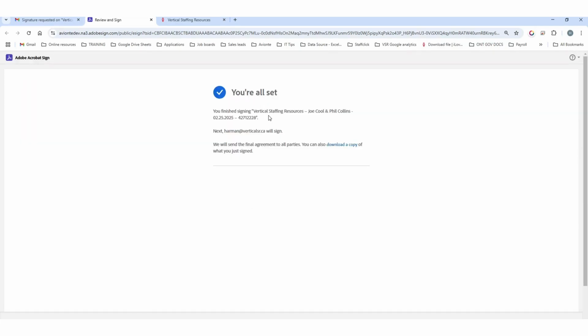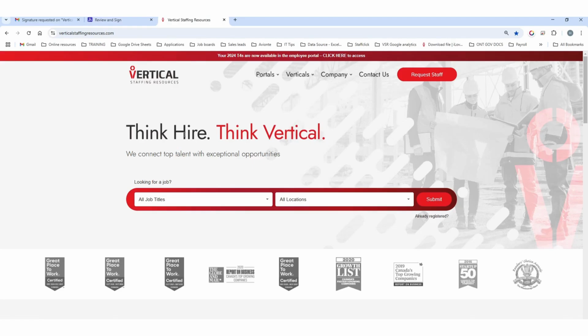You're all set. Once this is completed, you will get a copy of this timesheet emailed to you in addition to the branch and the sender of the email. They will all get copies of this, and you'll be able to have those for your records and give to your AR or AP teams, or just file them so you know how many people worked and how long they worked for. If you have any questions, please feel free to email us, email your branch, or email